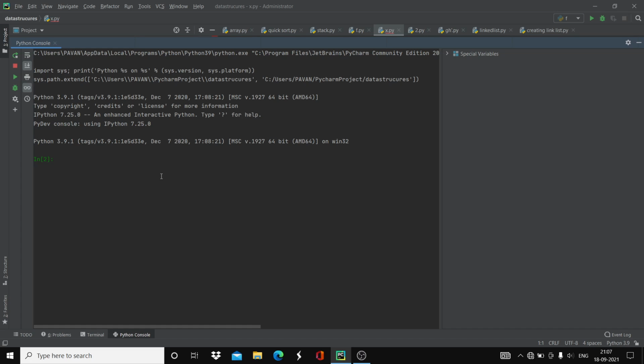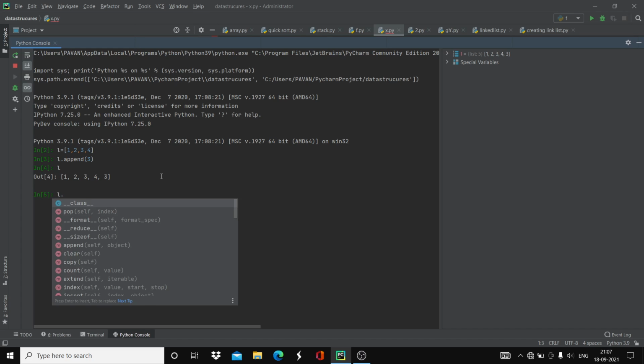Let's say L is equal to 1 comma 2 comma 3 comma 4 and L dot append 3. Now we print L. At last the element 3 has been added to the list.